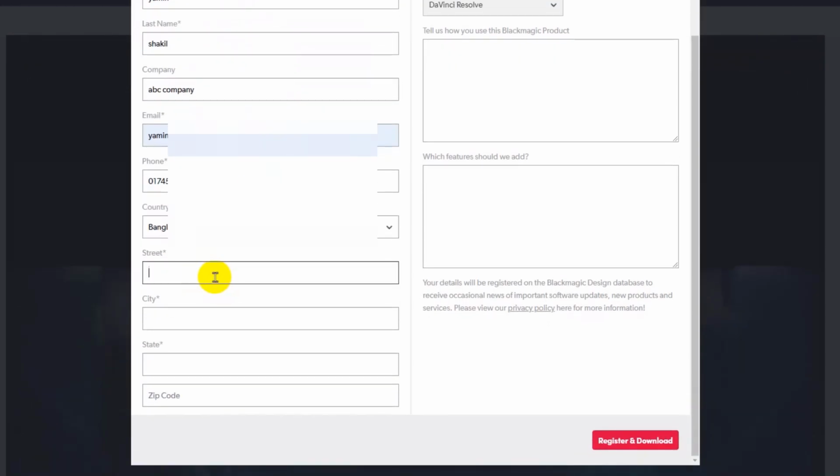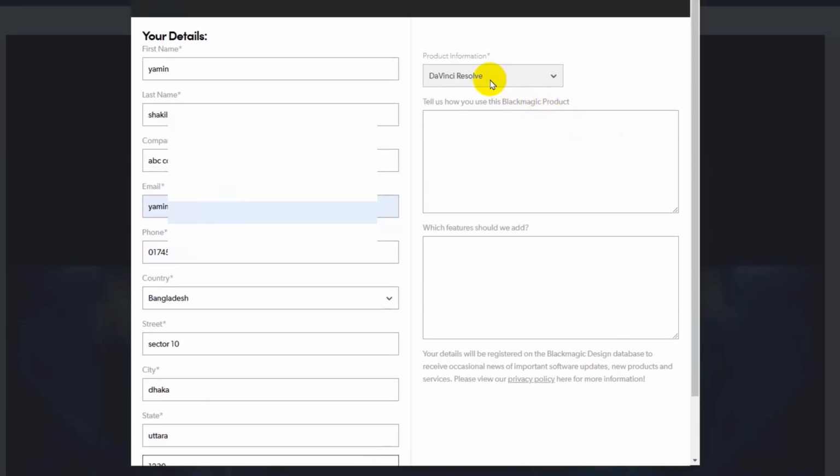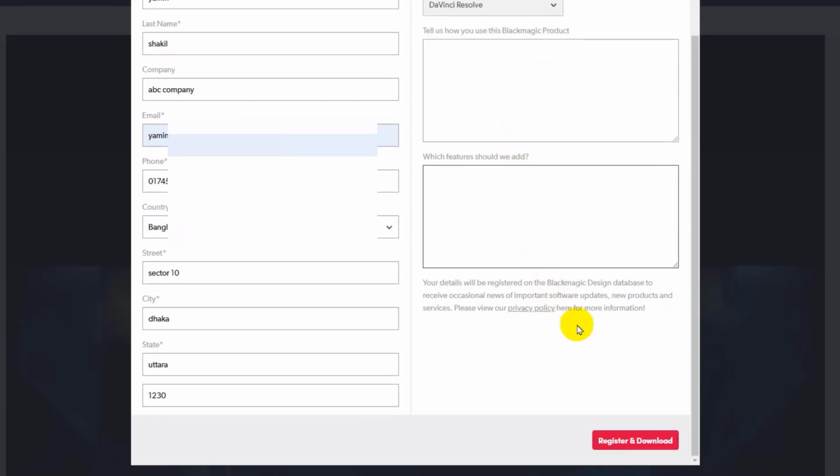Then you need to give a street address. So let's say here Uttara, Dhaka, and city will be, let's say, Dhaka, and state will be Uttara. Okay, street address will be sector 10, and we need to give a zip code. It will be this one. And the product information, DaVinci Resolve. And if you want, you can fill out those, but those are not necessary. So right now, just click on register and download,